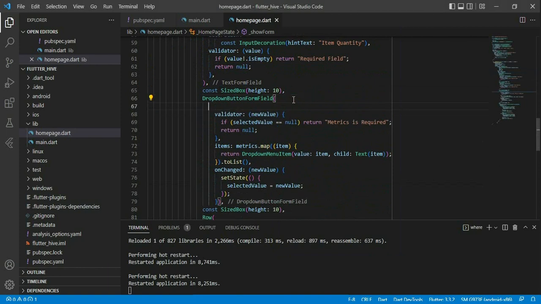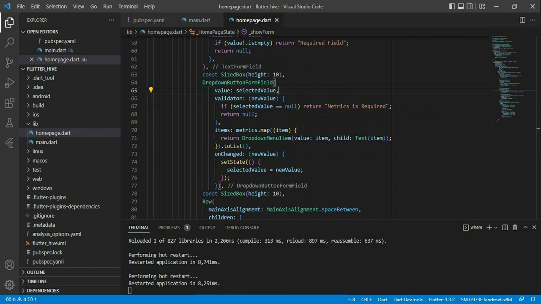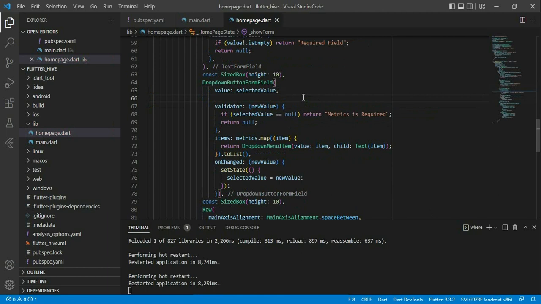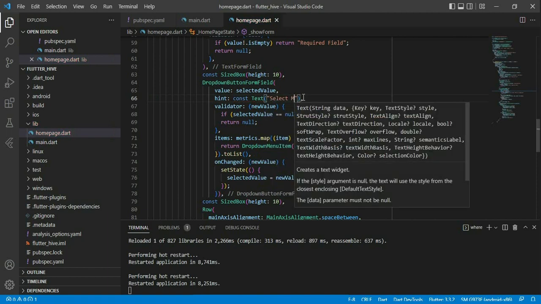Right, we haven't also given the value. Value, that means our selected value. Whenever we select the items, then our value would be selected value, and then our input decoration, hint text, select matrix,